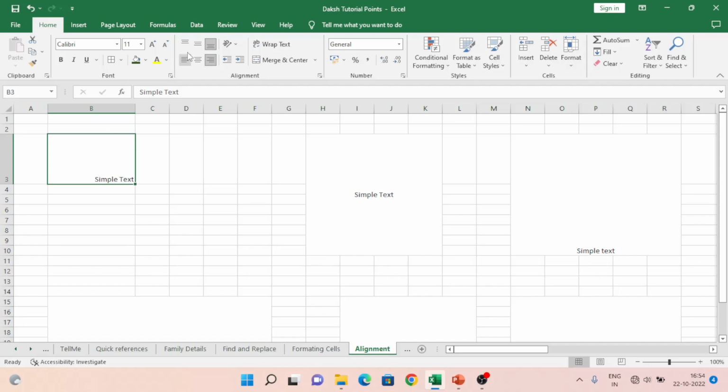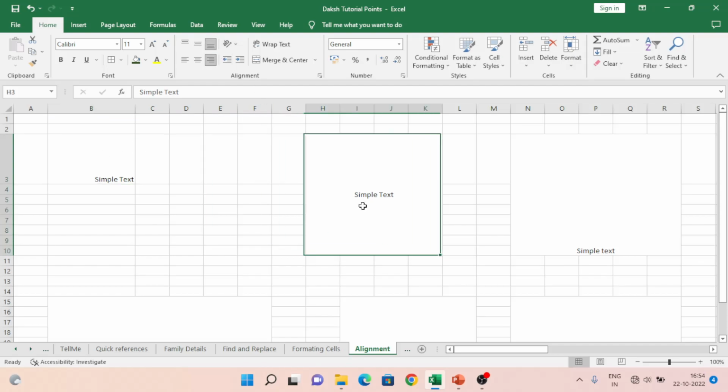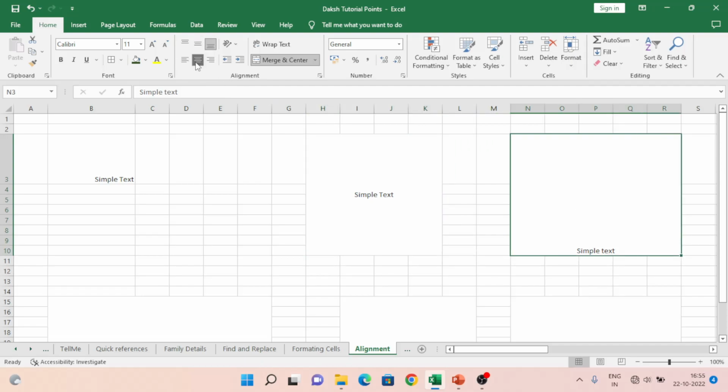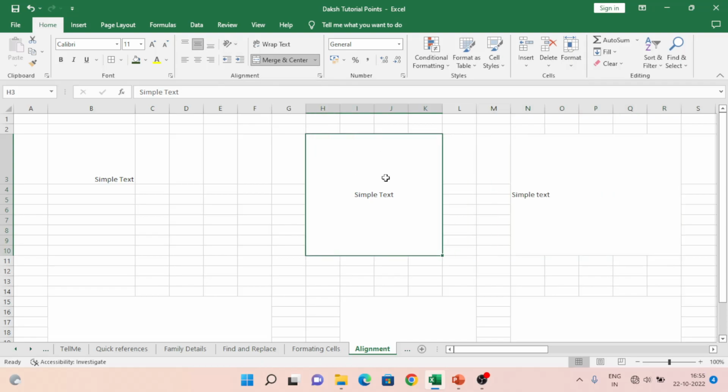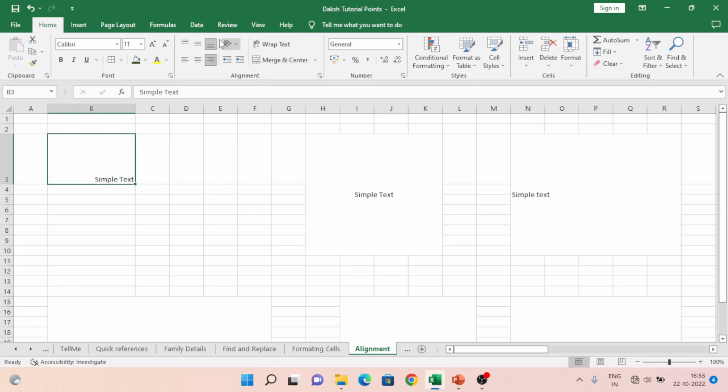So hope you understand this one. So what I will do is I will apply. As of now, if you see, this is the middle line, this one is the bottom line, and this is the middle line, right? Another one, in this we have covered this one. Now we have